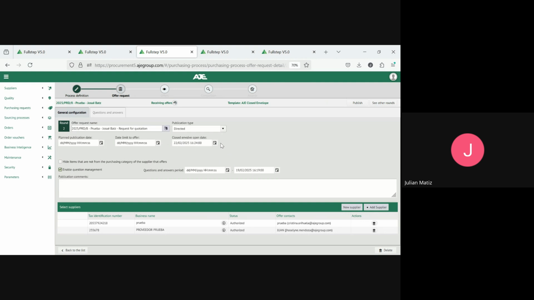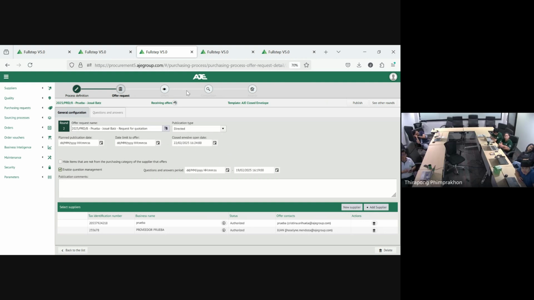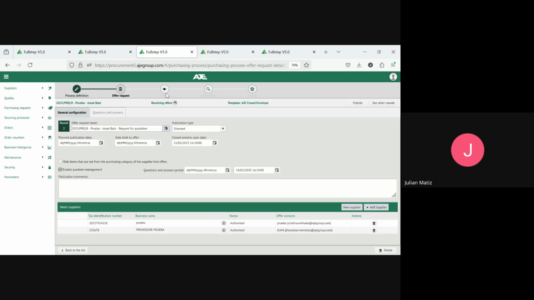Remember that any offer that has been made before, in the previous rounds, will be saved. So it won't disappear from Fullstep, but they will be saved inside of the offers tab. So once you have defined, let's say, the limit to offer on Friday, you will be able to save it